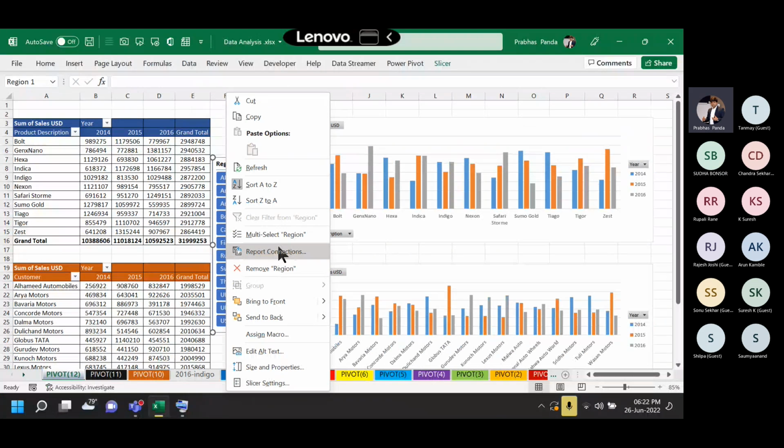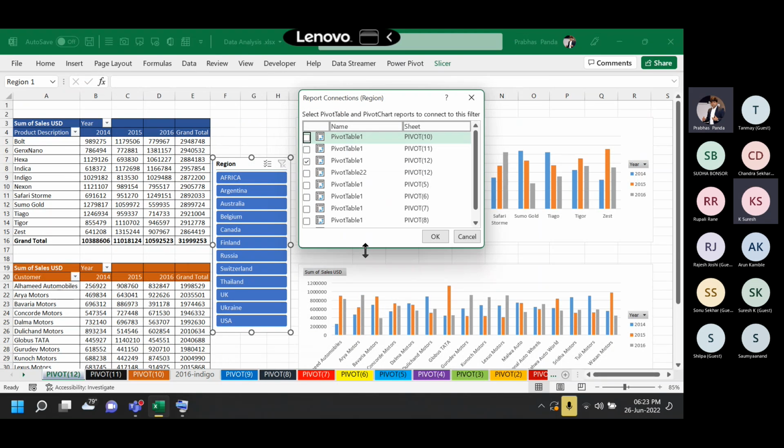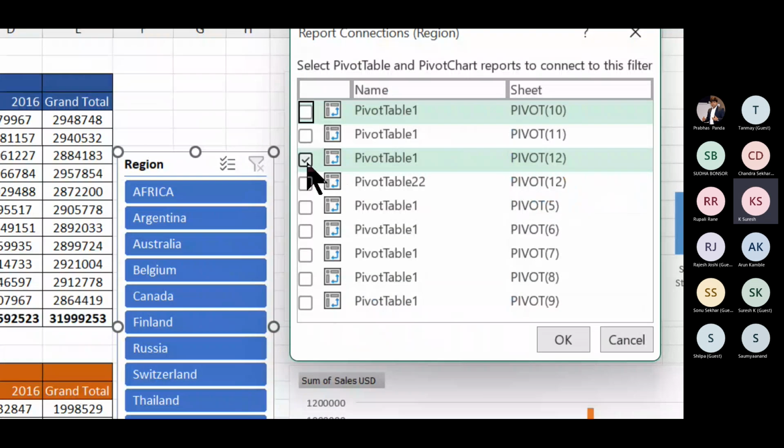Report connections. When you go to report connections and click, a dialog box appears where you can see which pivot table is exactly connected with that slicer. That one alone has its checkbox highlighted. Below that, whichever pivot table's checkbox is not on,